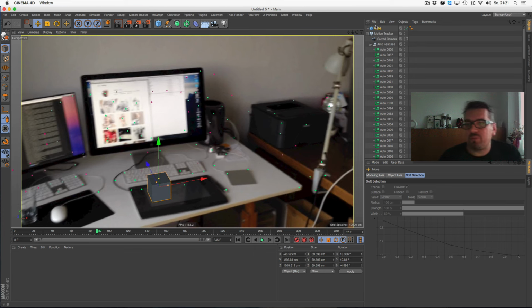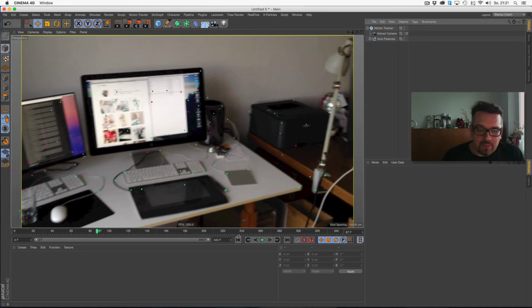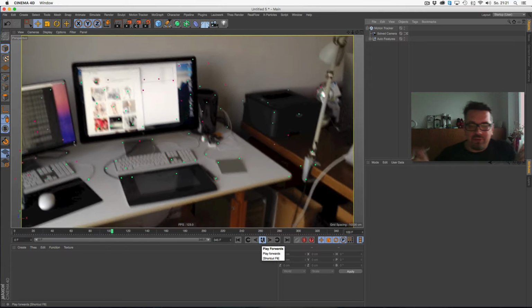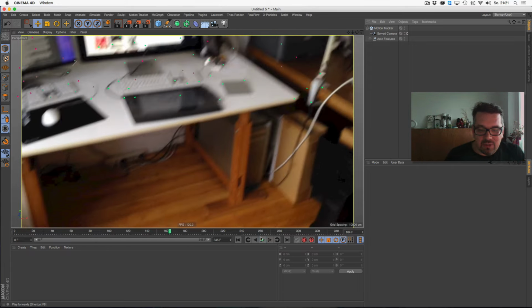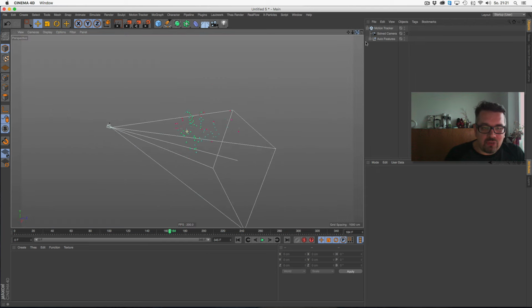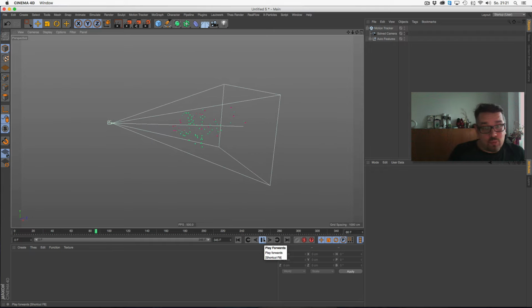But this is not what we need. We just need the camera animation. And this is a funny thing, because now we have a shaking camera inside Cinema 4D, and it's not random shake, it's a shake I did while I was capturing the movie.